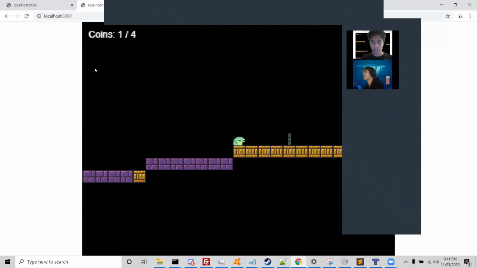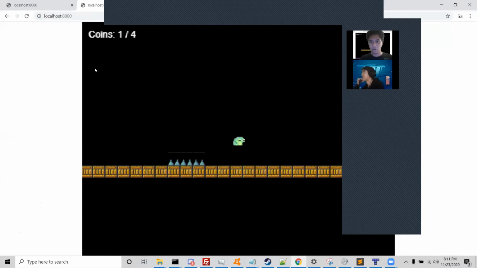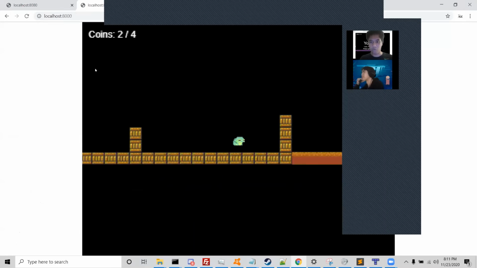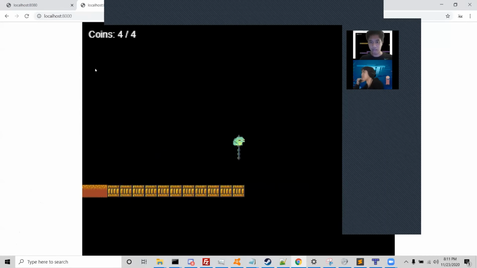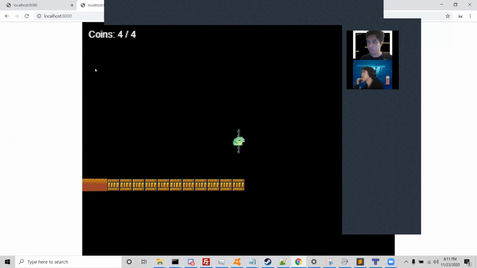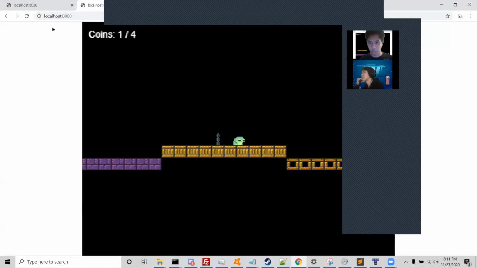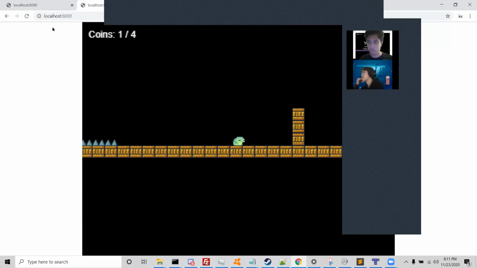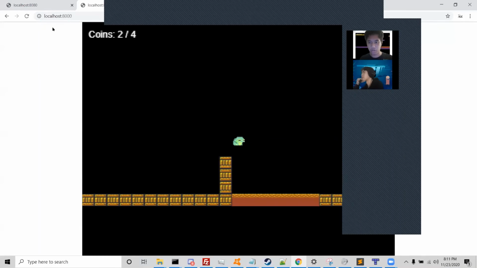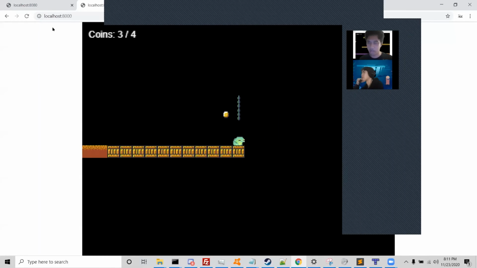Now, if I hold the up arrow, you'll see it only allows me to jump exactly when I am actually hitting the up arrow on the keyboard, right? So perfect. Now we've done some really basic collisions with walls, or sorry, with the ground. We've detected when it's touching the ground. We've managed to get the coins working, and if you've gotten the lava and the spikes working on your own,